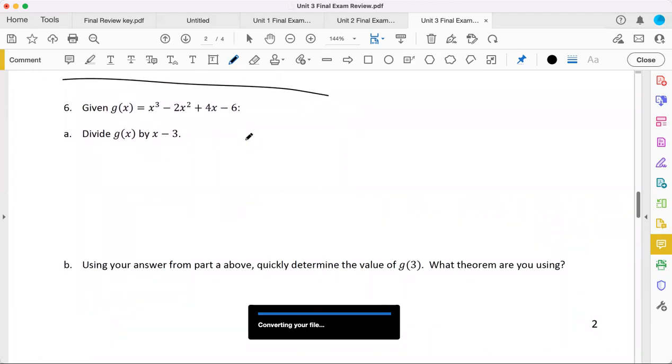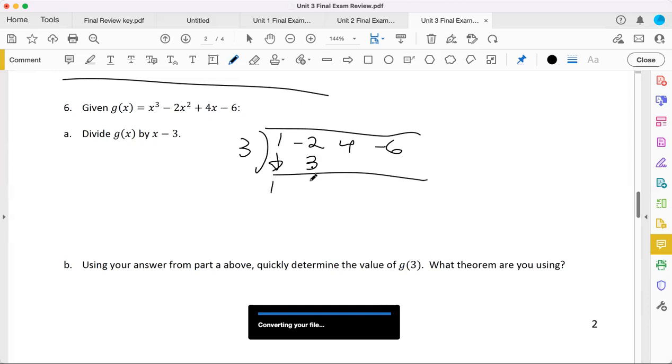Again, I'm going to use long division. This is how I would set it up. 1, -2, 4, -6. Drop. These problems are so chill. Then 21 minus 6 is 15. So what's this saying? This is saying that g of 3 is 15. It's called the remainder theorem,